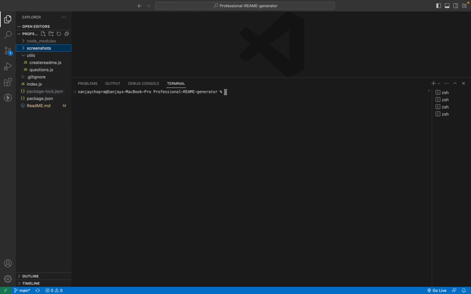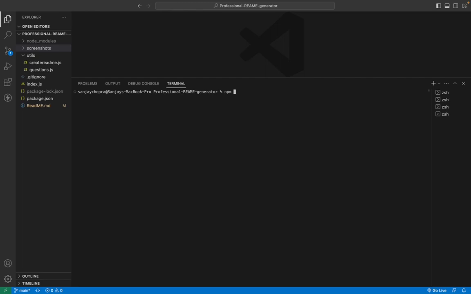In order to make the app work, you would first have to go to your terminal, go into your project folder, and if you can see that package.json file, just run a command which is npm install, and it will install all the dependencies, which in this case will be the Inquirer dependency that will come into the system. If you don't see the package.json for some reason, run npm init first. Run this command, and once it has finished,